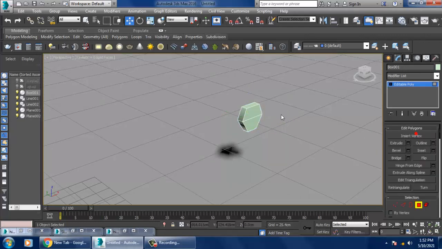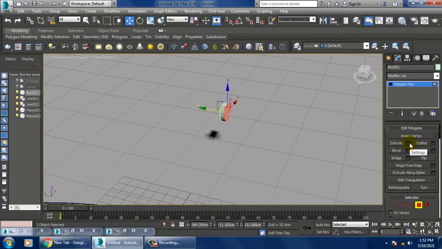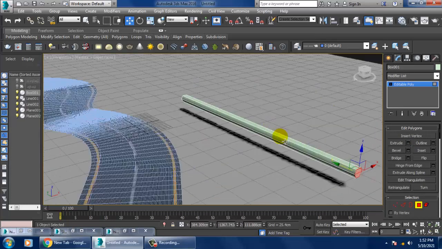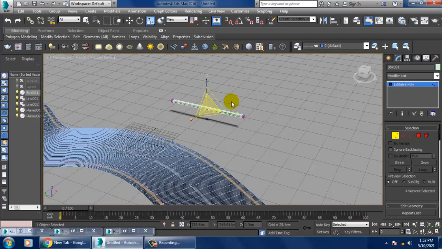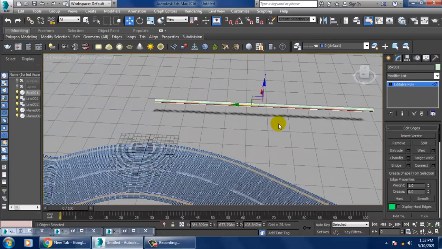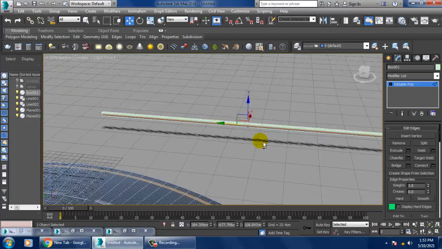So select this and not extrude it, let's just drag it and make it smaller a bit, drag it, and after that you have two options.